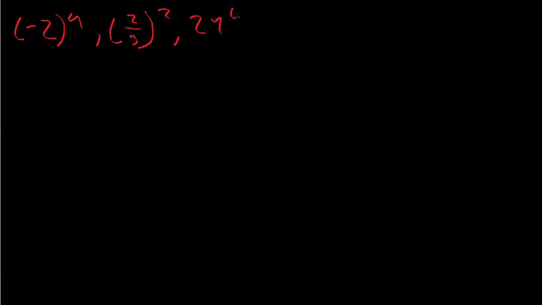So let's just get started. Exponents can be written as integers and fractions. So assuming that we already know what fractions are, integers are all types of numbers, negative numbers, positive numbers, all of those. So every single number on the number line, including the negative numbers. An example of that would be like -2 to the power of 4, or 2/3 to the power of 2, or 24 to the power of 6,